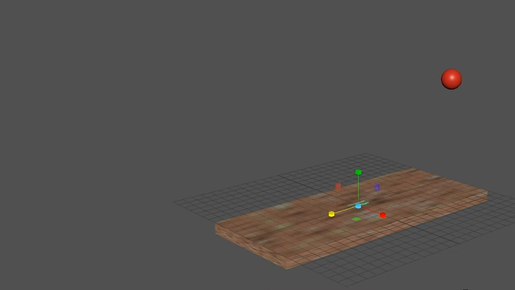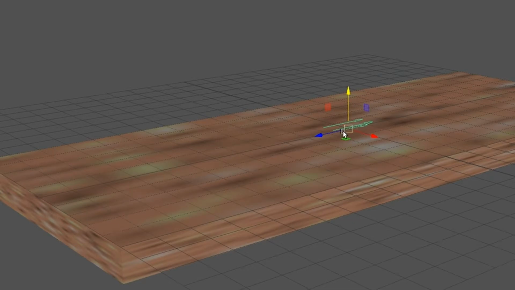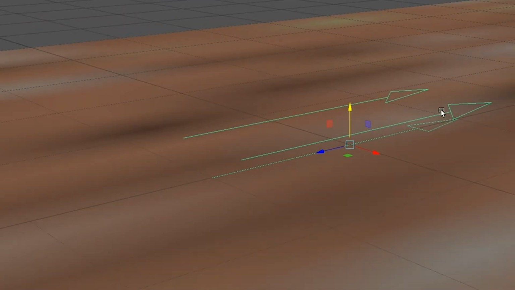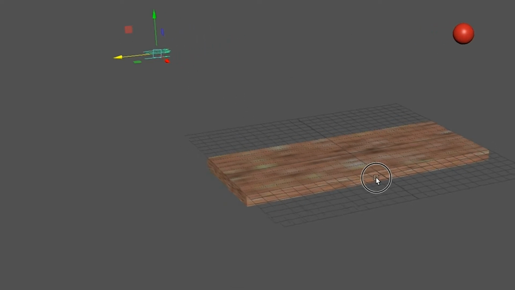I was in the Scale tool, so what we want to do is move it. Press W, and then you can see that the lights have a direction. There are arrows pointing in the direction that the light will be going. So we want to make that work in a dynamic way for the bouncing ball. So we want to position this so that it shines down on the ball. So let's move it back here